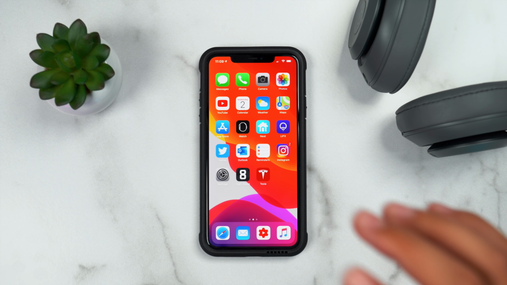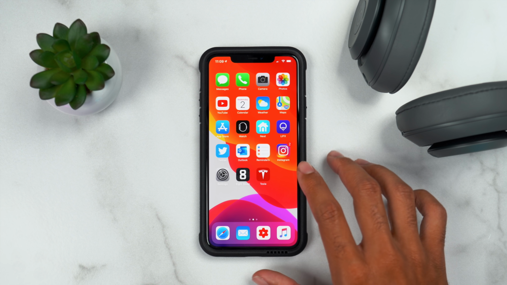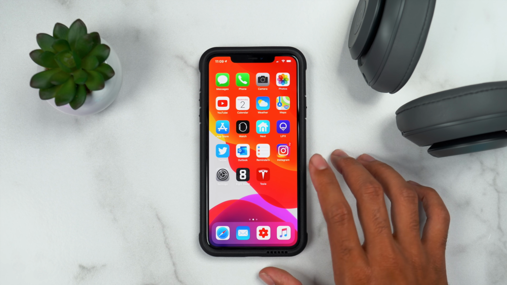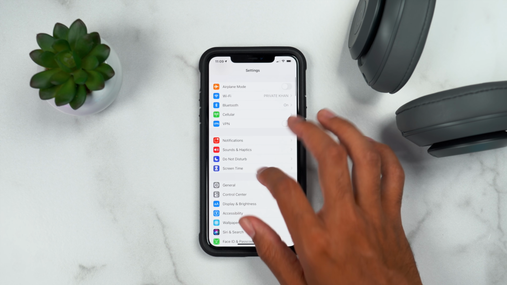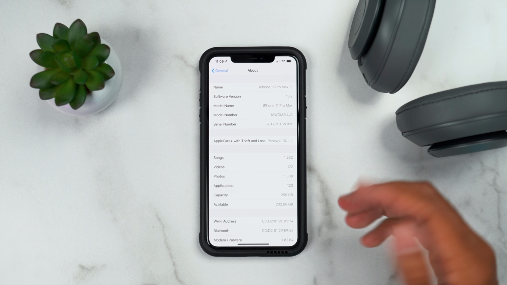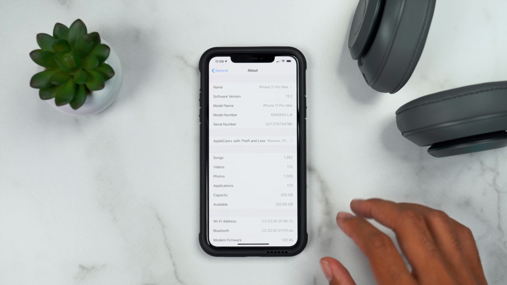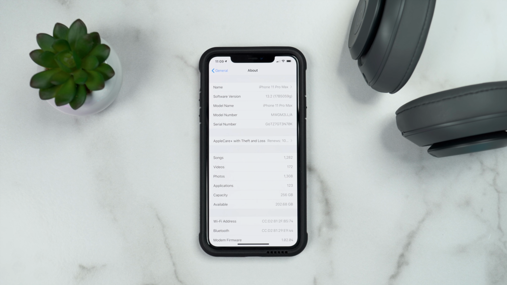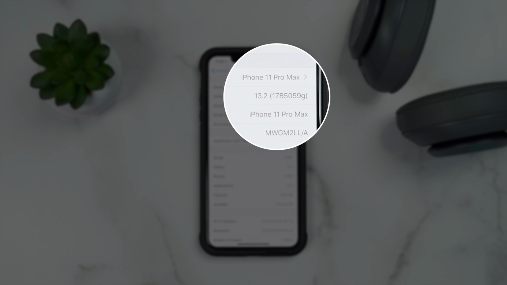Okay guys, so we have iOS 13.2 Developer Beta 1 loaded up on our iPhone 11 Pro Max here, and we'll be using this device for the demo. Let's very quickly go into the About screen in the Settings app to check out what's new as far as the changes in this menu. Now you'll take a look at our software version. We have iOS 13.2, and our new build number for Developer Beta 1 is